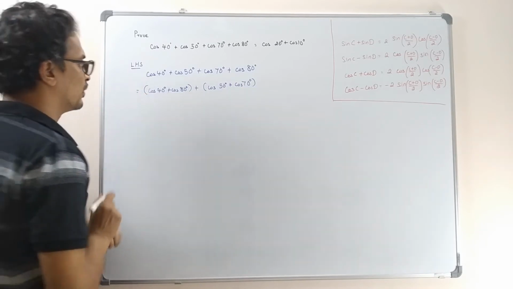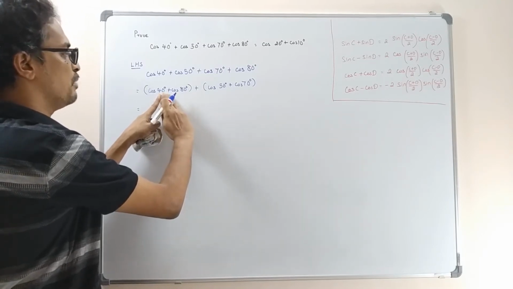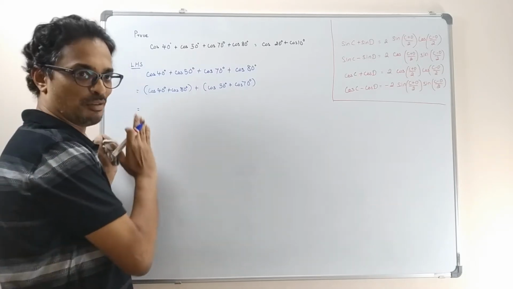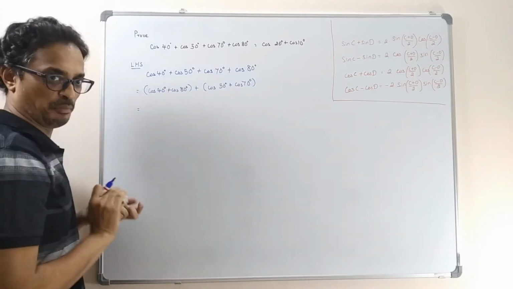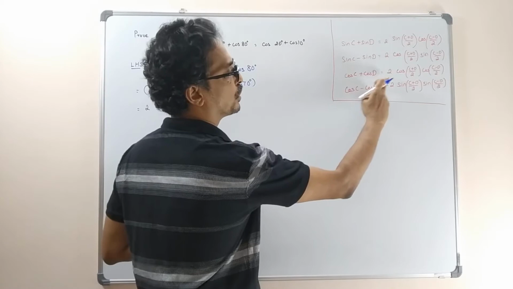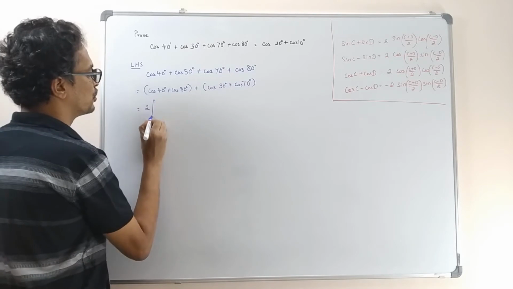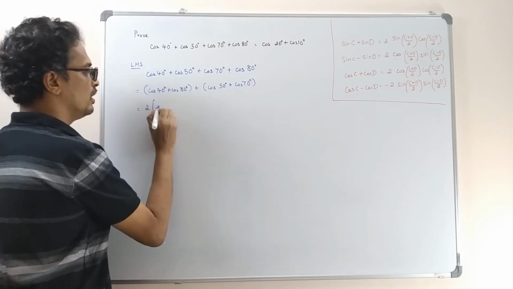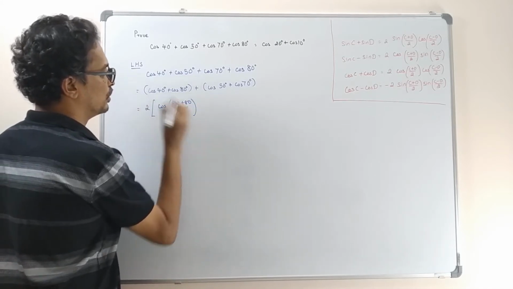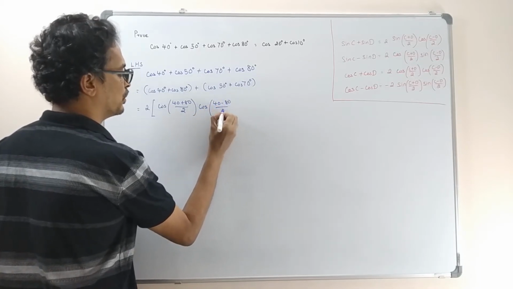This is good. Now I am going to use this formula. Now you see, the (C plus D) by 2 is going to be the same for both of them, so you can take it commonly outside. That's why you have to take the sum to be the same. So cos C plus cos D equals 2 times cos of (C plus D) by 2 times cos of (C minus D) by 2. So this is going to be cos of (40 plus 80) by 2 into cos of (40 minus 80) by 2